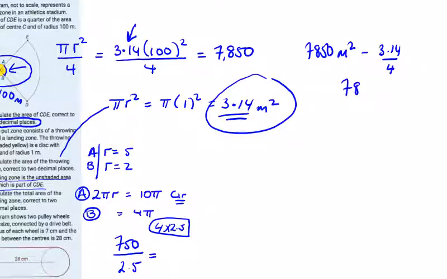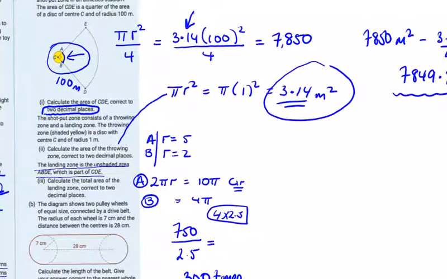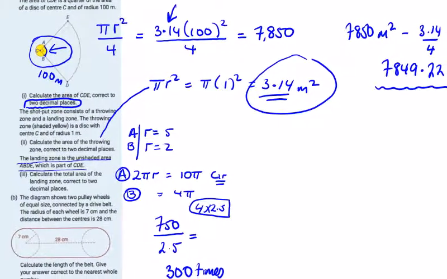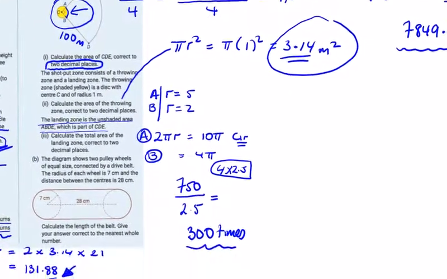But my rounding, that's going to give 7849, obviously. 7849.22 if we round it off to 2 decimals. Now I know the answers in the book will be slightly different than this, but I've rounded off at the beginning here. And part B